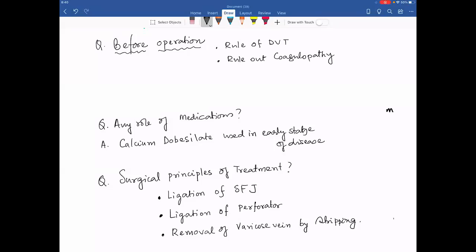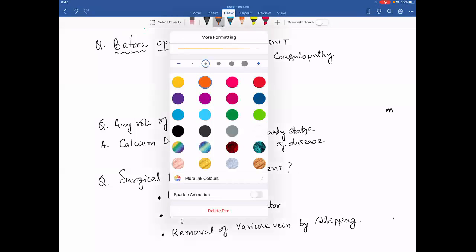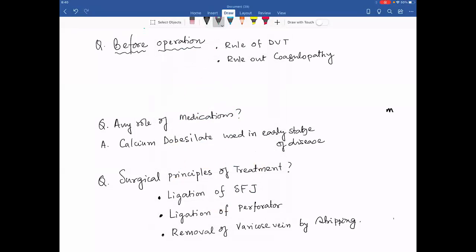Now, till this point, has every one of you written this? Believe me, beyond this point... Sir, both acute and chronic DVT you always have to rule out? Always. All forms of DVT need to be ruled out. So no question about having an operation in the presence of this one.